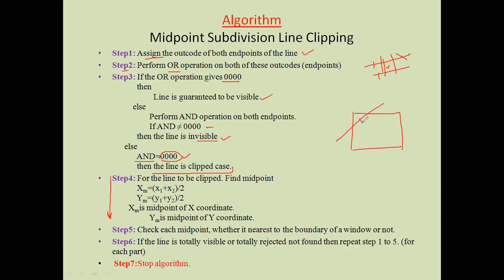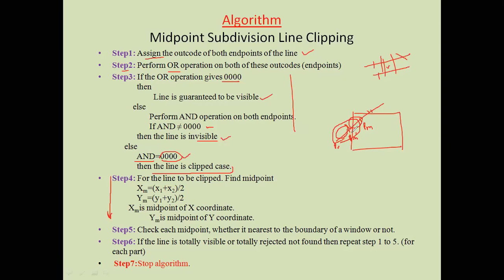Let's say this. So when we have achieved midpoint PM, we will check whether this line is lying within the visible region or not through these steps. And again, on this part of the line, the algorithm will be implemented, and we will check whether the line is lying within the visible region or outside the visible region, or clipping is required. If clipping is required, then again we will divide this line with its midpoint, and then we will check again with the rest of the two parts of the line whether the part is lying within the visible region or not, or outside the visible region.